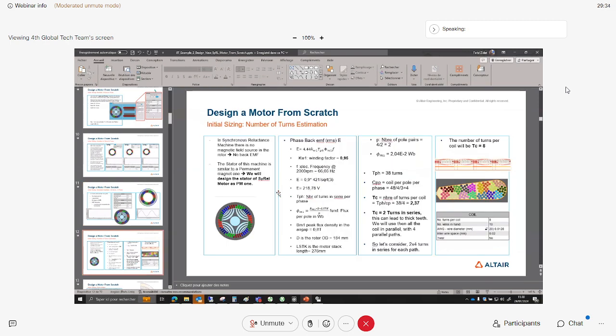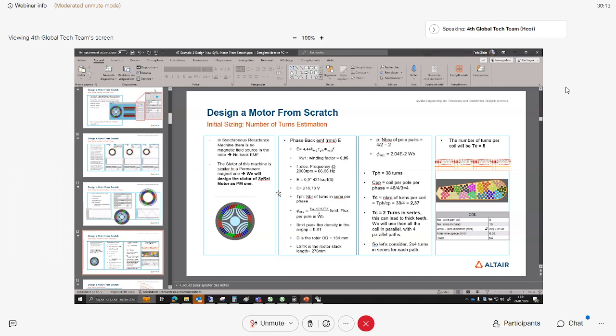And unfortunately, since there is no permanent magnet here, there is no back EMF. There is a way to compute it from the different inductances in the synchronous reluctance machine, but it's a little bit complicated. So let's keep pragmatic and consider the stator of this machine as a stator of a permanent magnet machine. Then we'll use back EMF anyway to compute